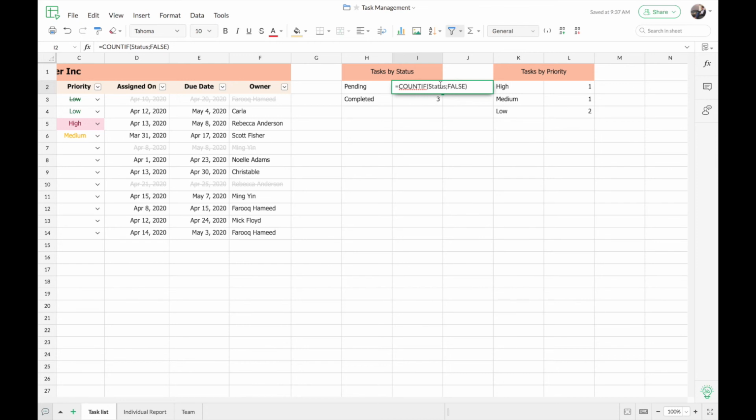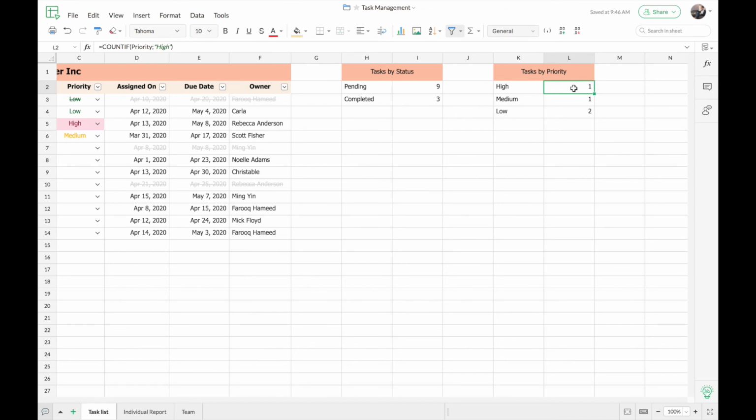You can see that I've used the defined name or named range that I had created based on the status column that we had in the task list. Here I've mentioned that if the status, that is if the checkbox is not checked, meaning false, that is the task is open, then I want the total count of those tasks to be listed here. And similarly, I've used the formula for the tasks based on priority too. Here I've used the named range called priority, which is based on the priority column we saw in the task list. So this way you can see the total count of tasks based on its status and priority.